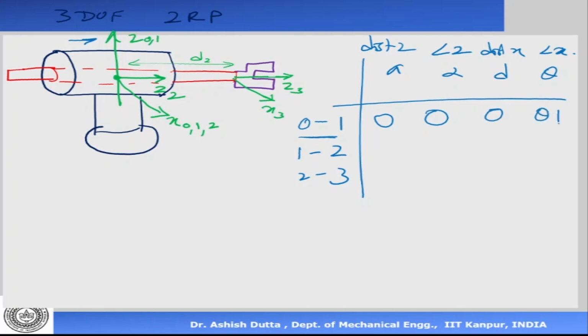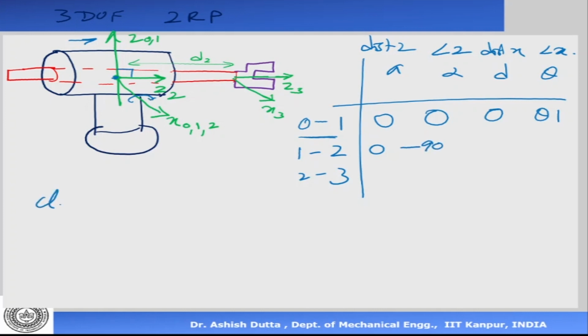Okay. Next, we look at the relation between frame 2 and frame 1. Now frame 2 and frame 1, only the z is different. So z2 is horizontal, z1 was vertical. What is the distance between the z-axis? There's no distance because they're intersecting there. So this is 0. Now what is the angle between z? There's a 90-degree angle there. So it's clockwise 90 degrees, so it's minus 90.